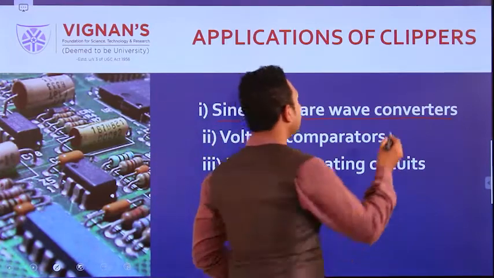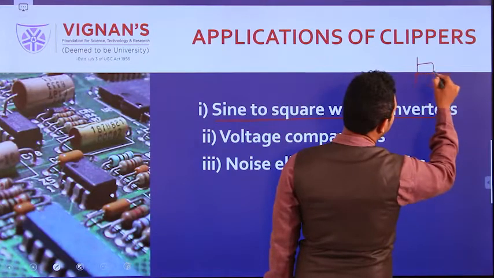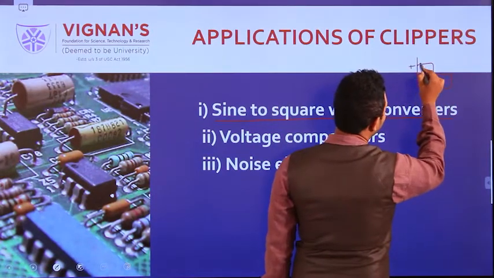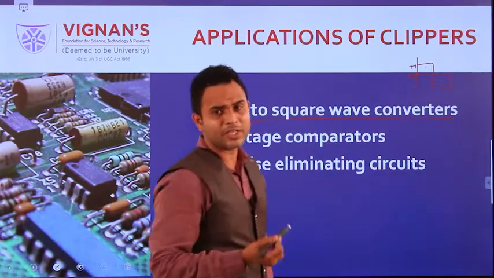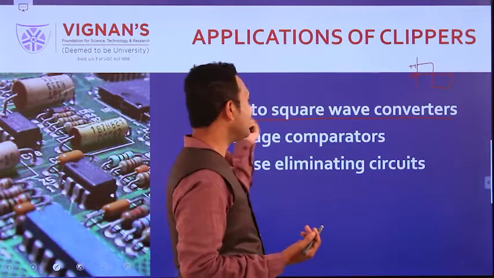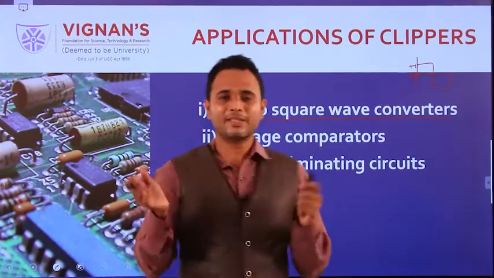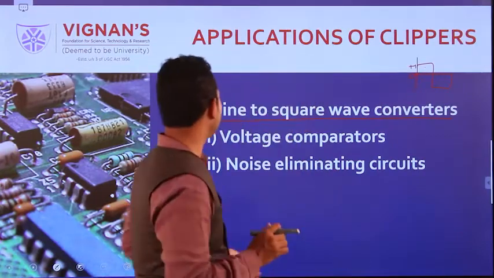Generally, how are we taking it? Generally we take square wave clock signals. This one is plus 1 volt, taken as 1, and this is taken as 0. So we need the square wave, and the sine wave is converted to a square wave. This square wave generator is mainly useful for digital circuits.